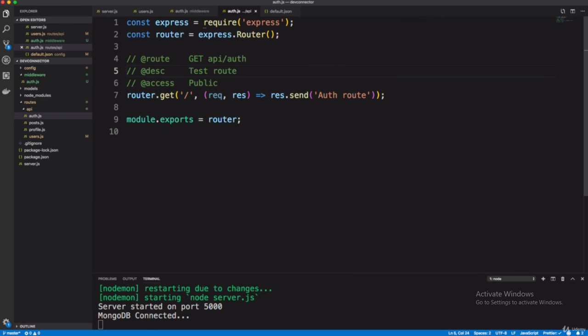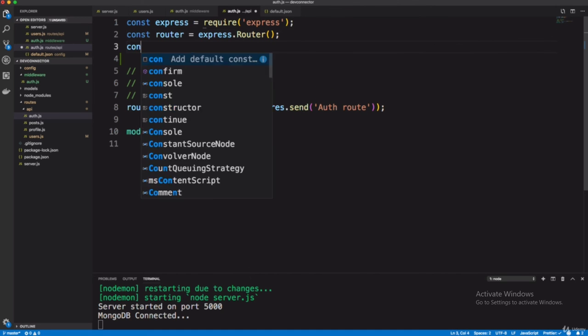To apply it, go to the auth.js route file, just for testing purposes. We will apply it in our main routes. So here in the get route I will use it. To use it, first of all you have to require that file.